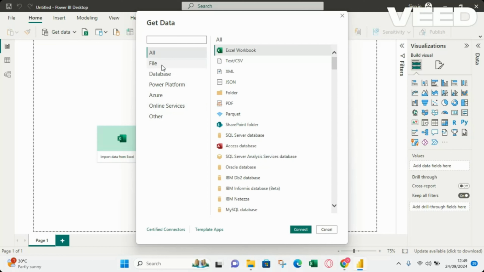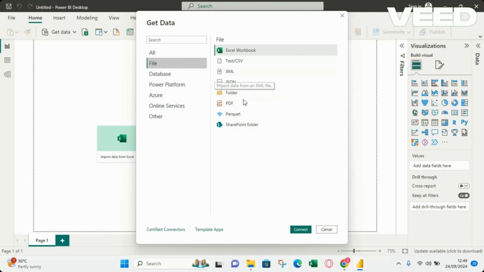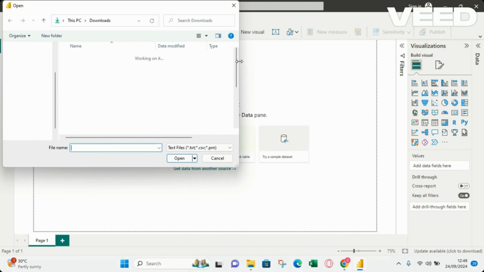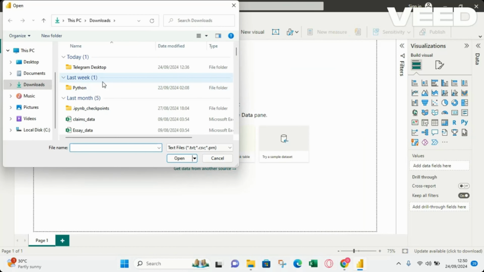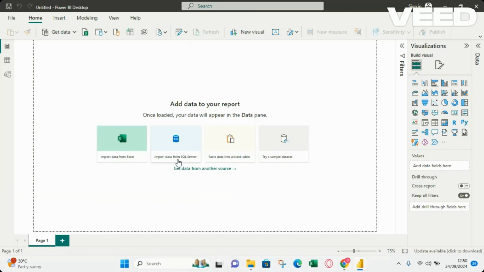So let us say we want to work on a file. Let me click on file here. You can see that these are the files we can work with. Now, let us start with a text file. So I click on this, then I have a text file, which is a CSV file, inside this file location. So I will write the name. It's CSV data. I click on it, open,